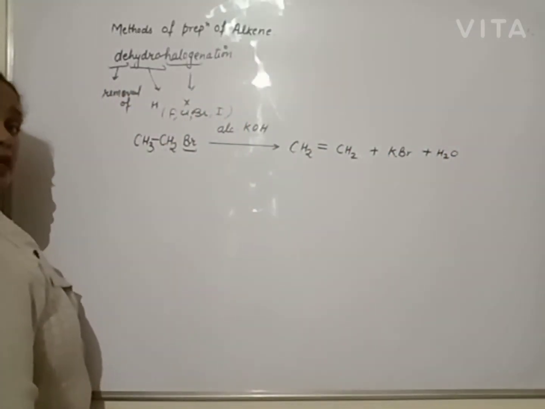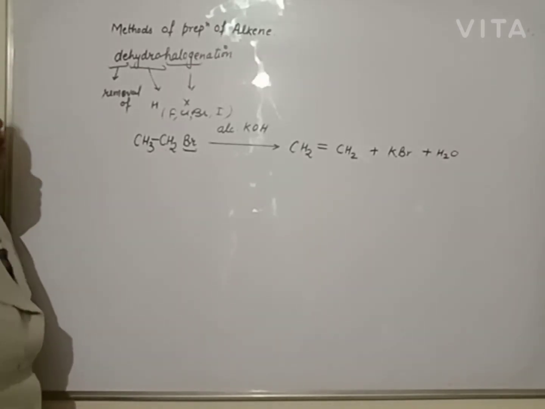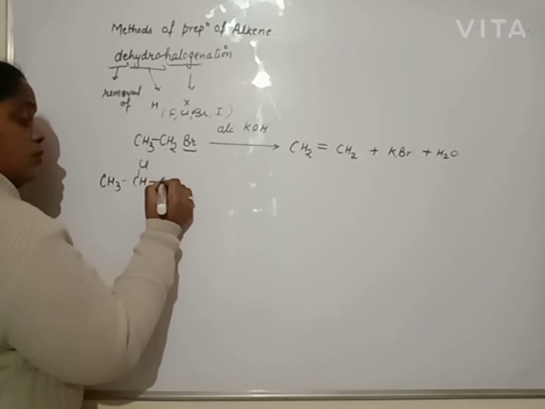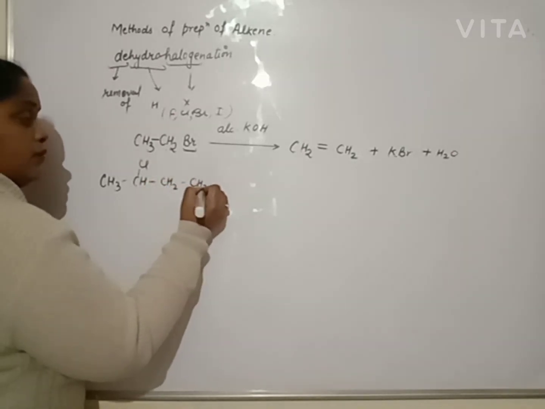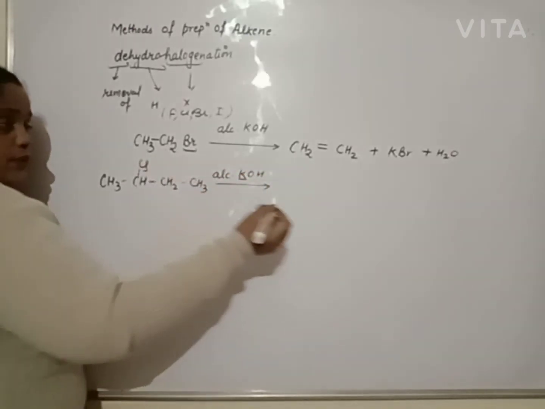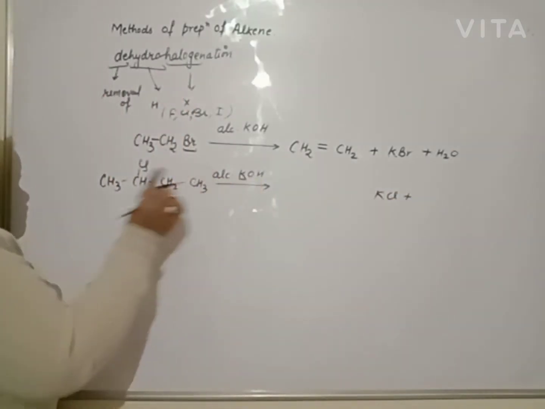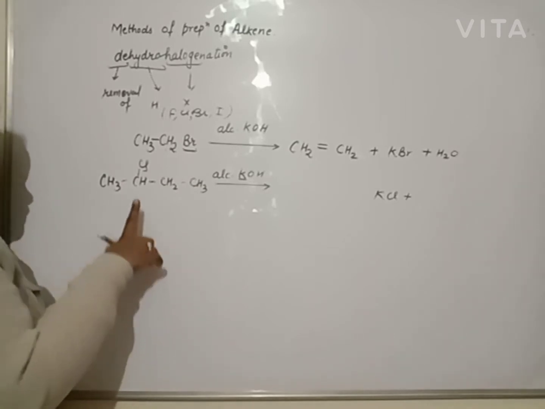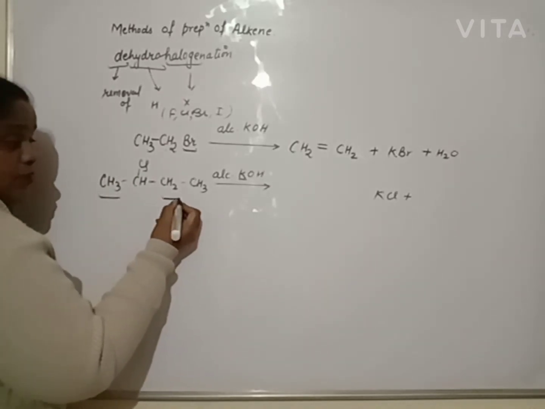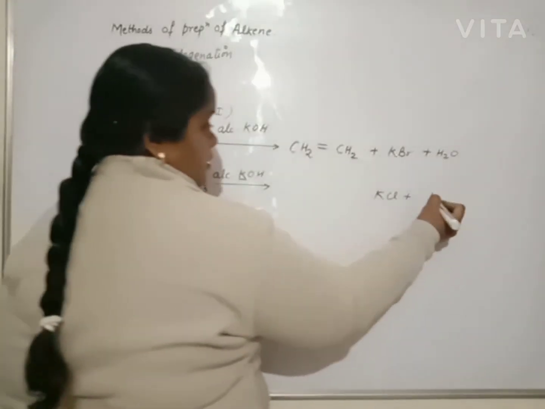Beta, here if 2 or more alkenes are possible, then we apply the Saytzeff rule. How? Suppose you have 2-chlorobutane. You will add alcoholic KOH to it. K is removed with halogen as KCl. OH of alcoholic KOH is removed with hydrogen, which is adjacent to the halogenated carbon. This is an adjacent carbon, this is also an adjacent carbon. Then we will get a mixture of alkenes. Water is removed, it is okay.